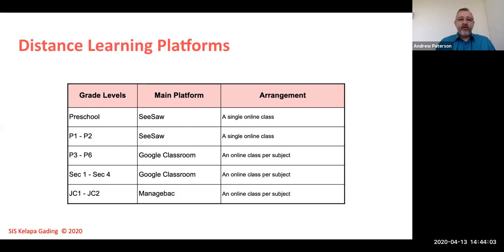Now for P3 to P6, and also for Secondary 1 to Secondary 4, we use Google Classroom. Now Google Classroom allows students to be a bit more independent, and that's what we want. We want to minimize the involvement of parents and caregivers as much as possible. We know it's a burden for you at home to manage your children in different classes and with different things